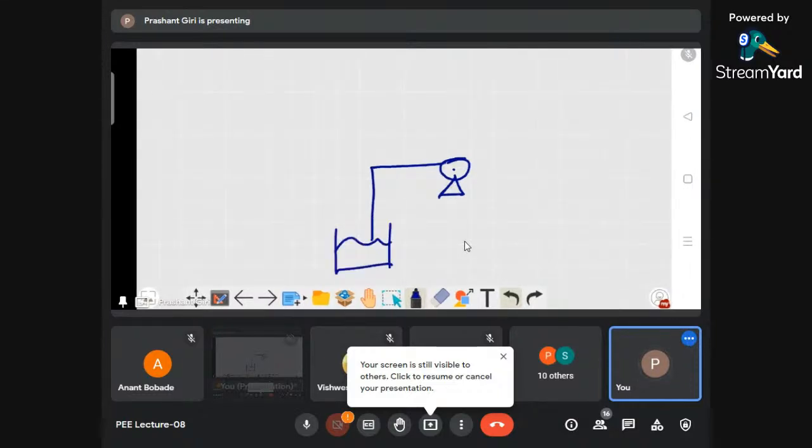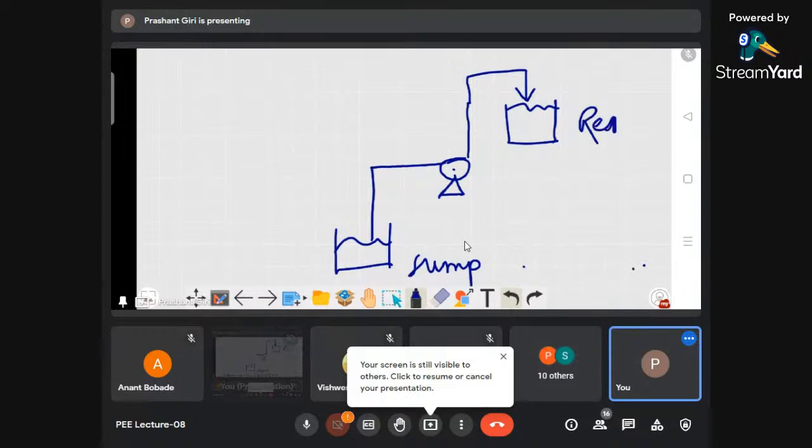So it is the sump, and you need to deliver the water up to a certain height. Let us say this is the tank where you are going to deliver the water. It is the tank or reservoir. Okay,